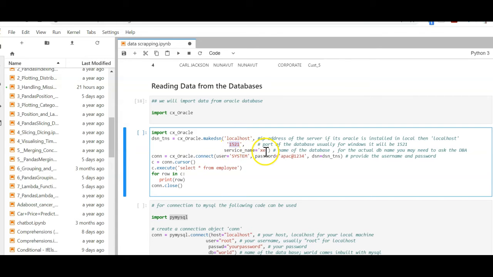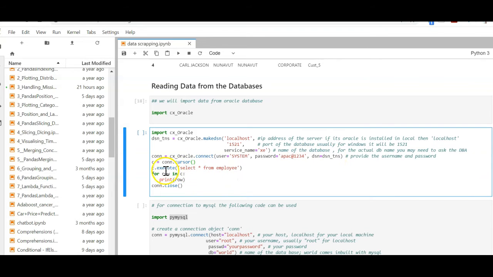This is just what we saw now in the example. After assigning this DSN_TNS variable with this connection information, we have to use a connection function where we will mention the username, which is system, the password, and dsn TNS.